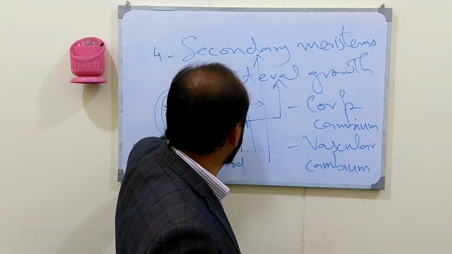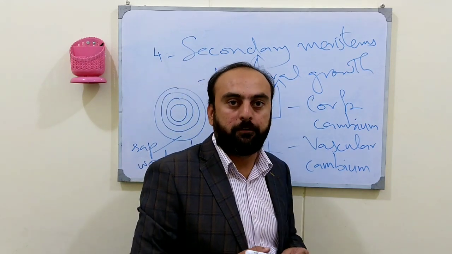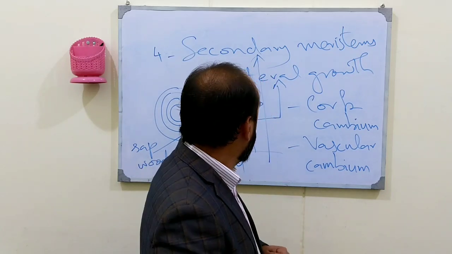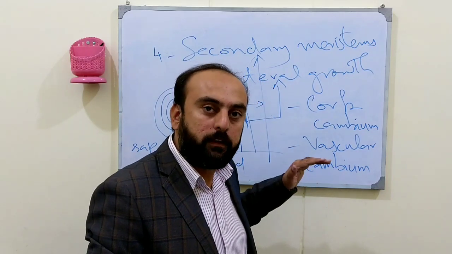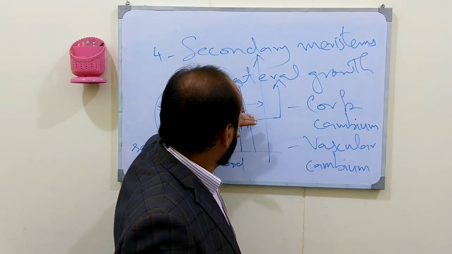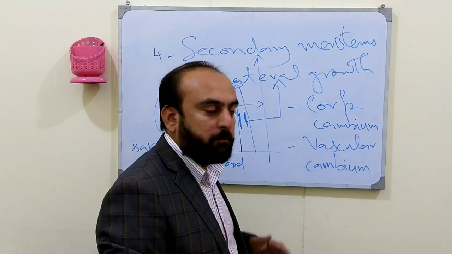And when we remove this bud, sometimes on purpose, for example, if we want to curtail the height of a plant for ornamental purpose, or we want to induce the reproductive growth, then we remove this bud manually or through